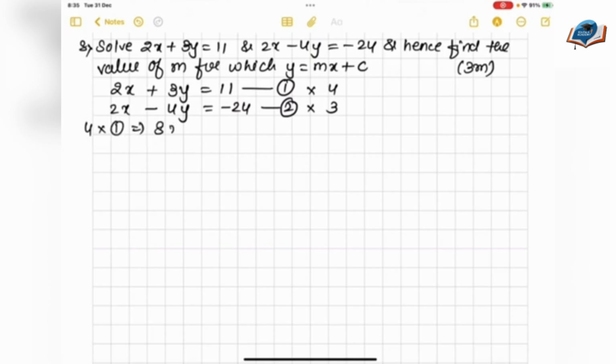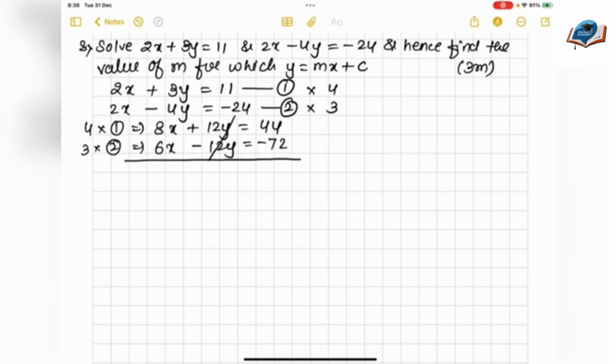Now if I multiply the first equation with 4 and the second equation with 3, so 4 into 1 implies 8x plus 12y equal to 44, and 3 multiplied by 2 implies 6x minus 12y equal to minus 72. Adding both of them, 12y and minus 12y will get cancelled. 14x equal to minus 28. So x equal to minus 2. Now, putting x equal to minus 2